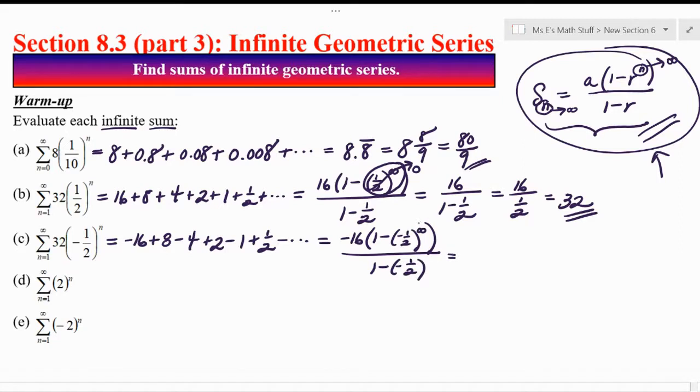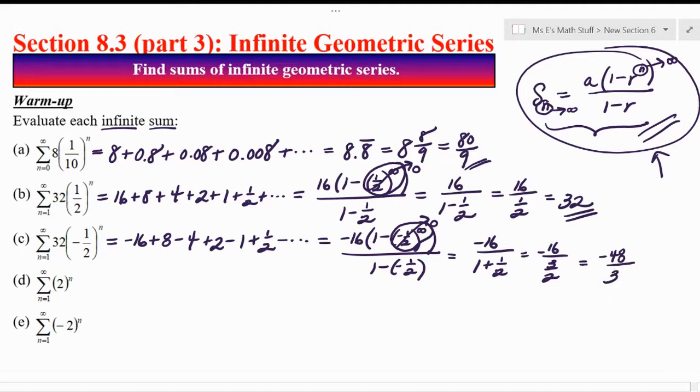Notice that negative 1/2 to the infinity goes to 0, so that whole part becomes 0. You're left with negative 16 over 1 plus 1/2, which is negative 16 divided by 3/2, and if you flip and multiply,